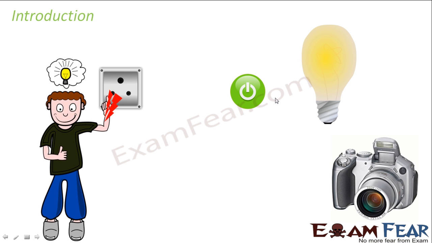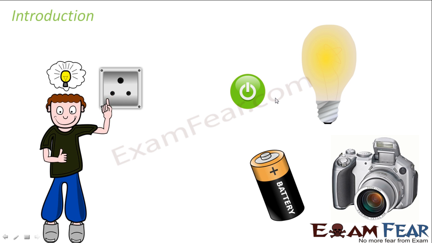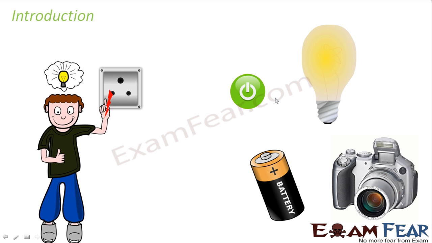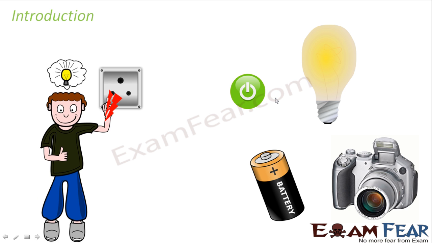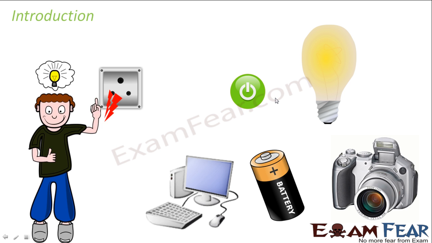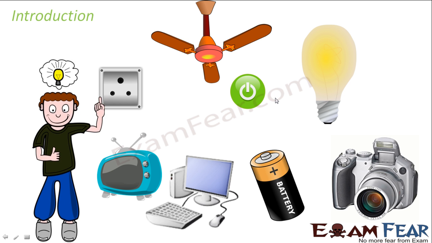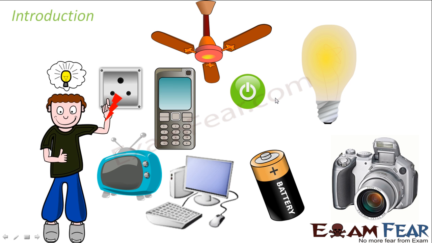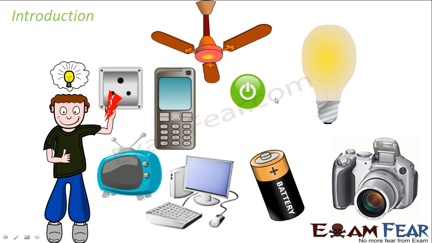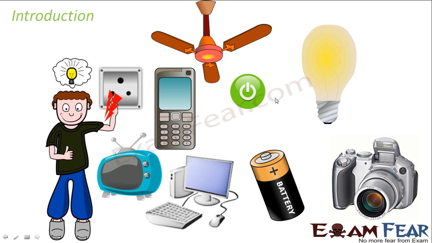You can take many more examples where these things play a role. For example, your battery, which you use in many of your electronic devices, as well as the inverters you would have seen in your home, right? Those batteries are also an application of this current flow or charge flow. The computer, your desktops, the electric fans, your television, mobile, everything which you see around yourself, all electronic and electrical items, are nothing but applications of what we are going to study now.